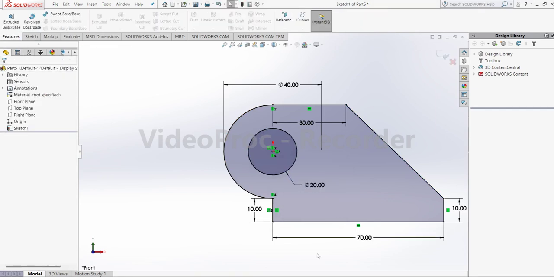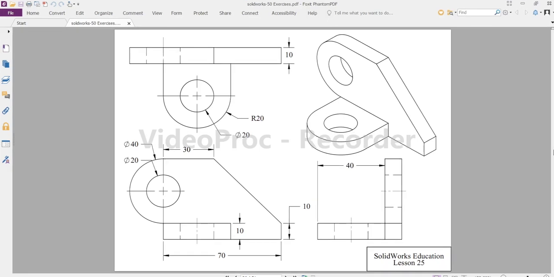Go to features. So now what is the length of the extrusion? Here it is 10. Okay, so this is your first part. So the width of the first part is 10. So give it a